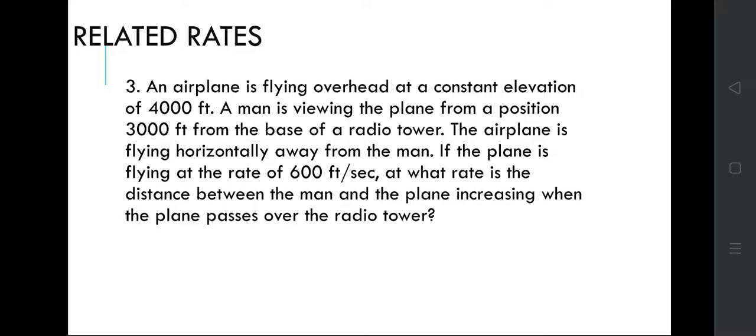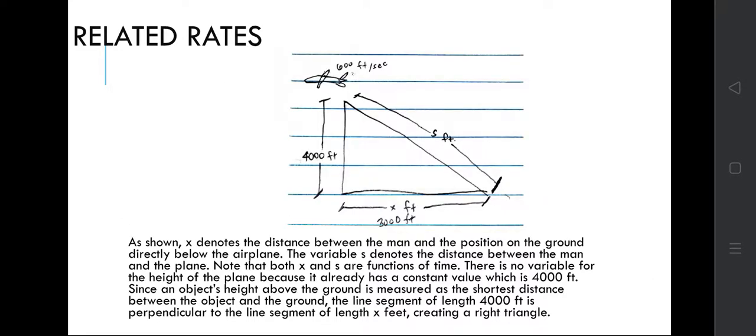Number 3, dito na tayo papasok sa exciting part. Papasok na sa application talaga. Number 3, an airplane is flying overhead at a constant elevation of 4,000 feet. A man is viewing the plane from a position 3,000 feet from the base of the radio tower. The airplane is flying horizontally away from the man, and if the plane is flying at the rate of 600 feet per second, at what rate is the distance between the man and the plane increasing when the plane passes over the radio tower? So, kailangan natin i-visualize yung problem, lalo na sa mga ganitong situations, kailangan muna nating sketch